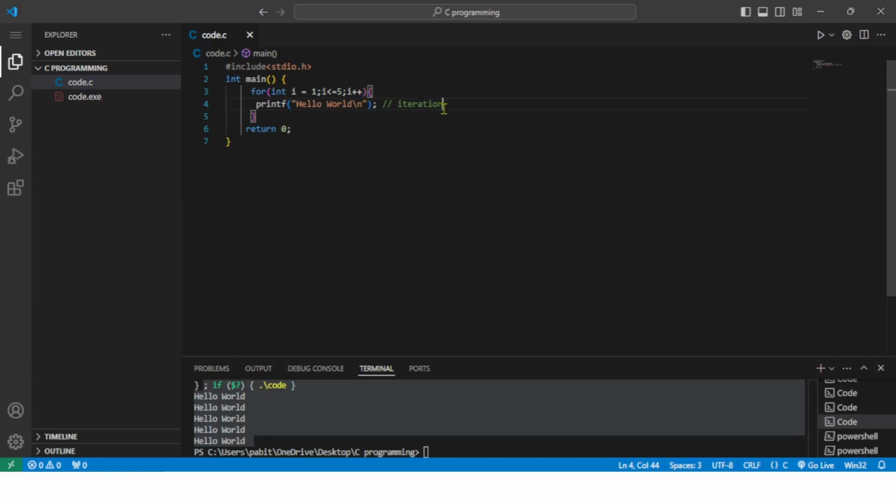In each iteration, when i is 1, you enter the loop and print hello world. When i is 2, check the condition 2 less than or equal to 5, that is true, so print hello world again. Then i is increased to 3 by i plus plus, and 3 less than or equal to 5 is also true, so print hello world again. Then i is 4, 4 less than or equal to 5 is also true, and print hello world again. And i equal to 5,